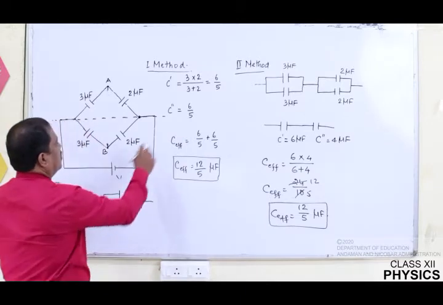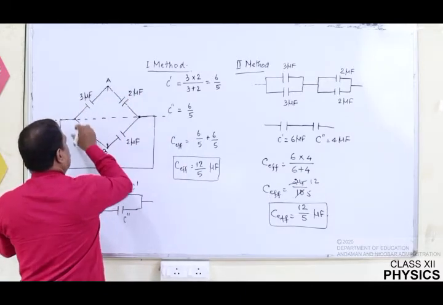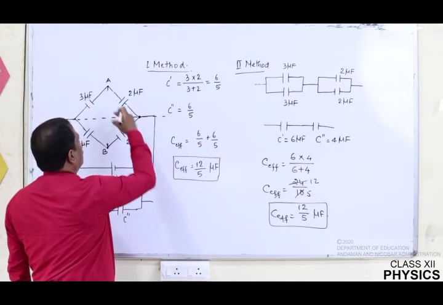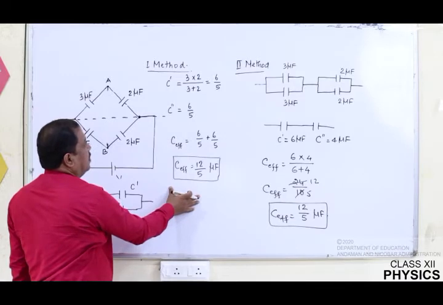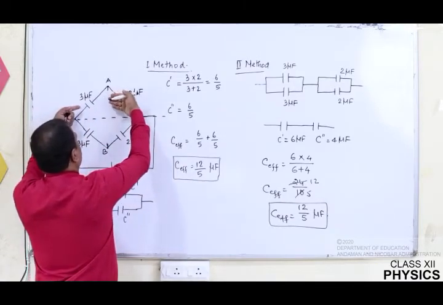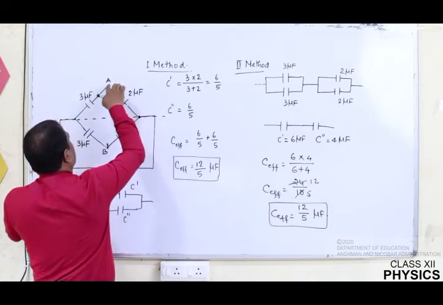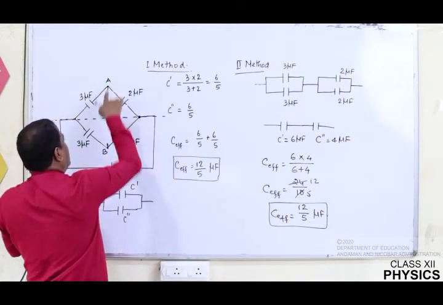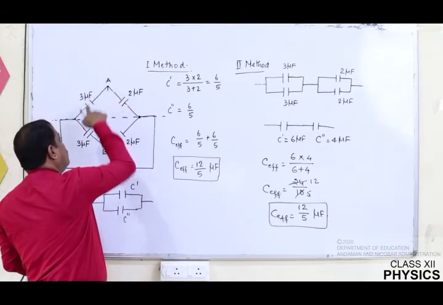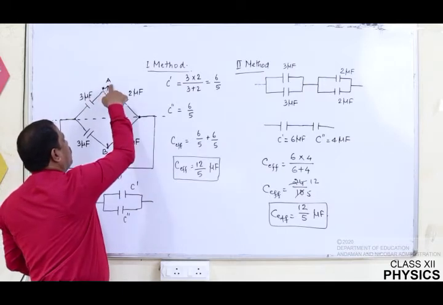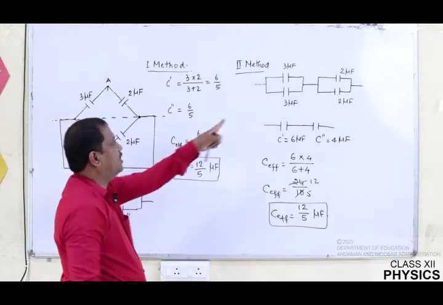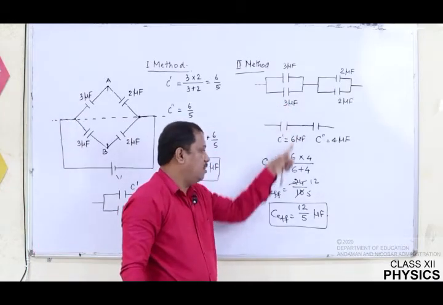However, in the first method I considered these two in series and these two in series, then the effective of those, C1, C dash and C double dash, I considered as parallel and I calculated. In the second method, I found that there is a folding symmetry. I folded the top part such that point A is coinciding with point B. Whenever there is a symmetry in the circuit, the potential at point A and point B, when they are coinciding, will be at the same potential. In that case, I can also consider my circuit like this and I will get the same answer.